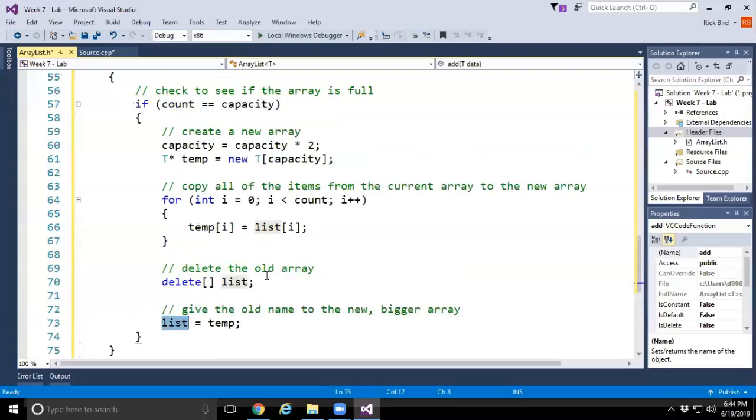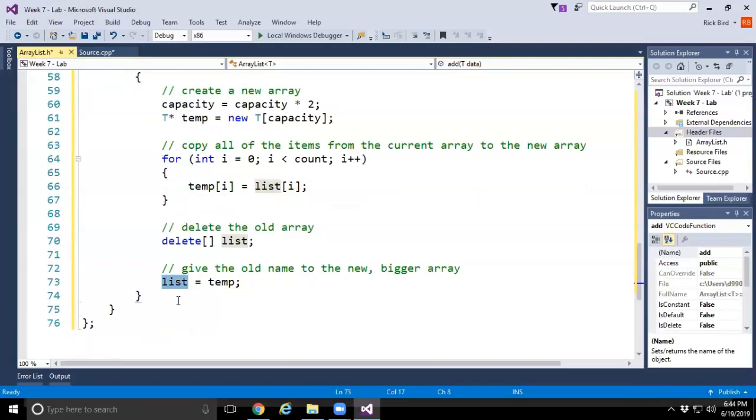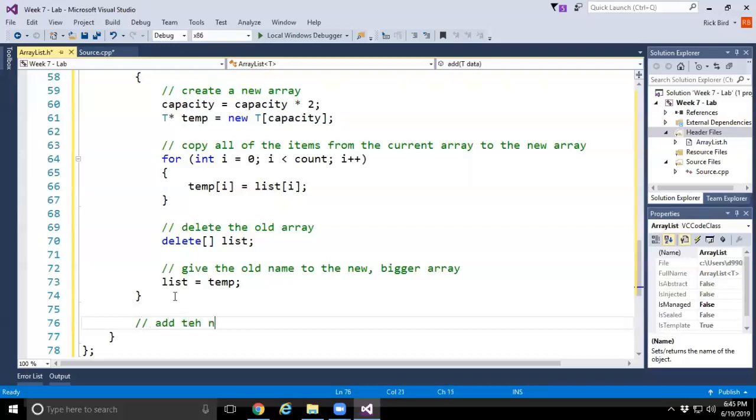Now remember, this is an if block, so this entire block of code will only happen when we are full, when we have maxed out our array. That's the only time this block of code is going to run. Okay? All right. If we have room, or after we create more room, we need to add the new item